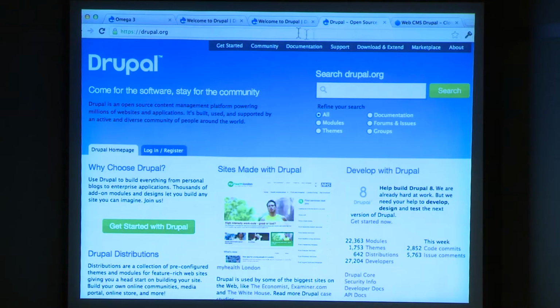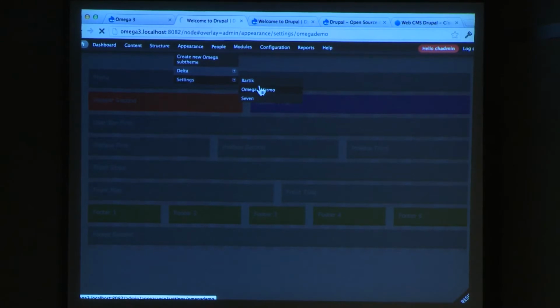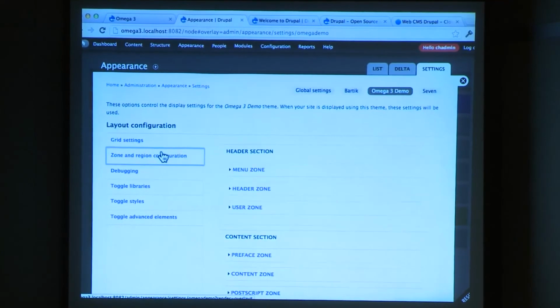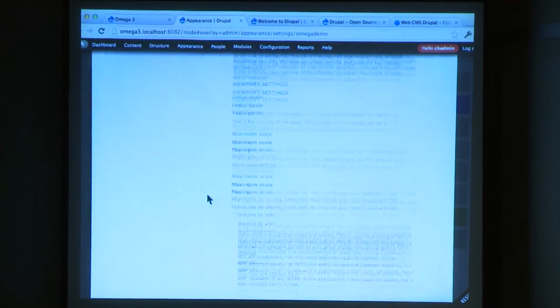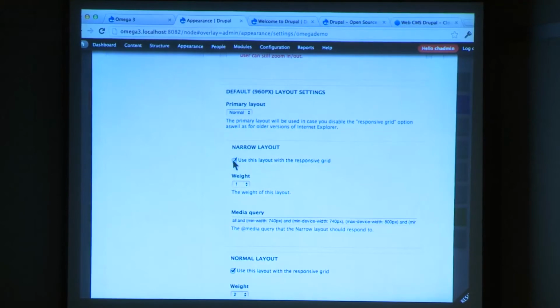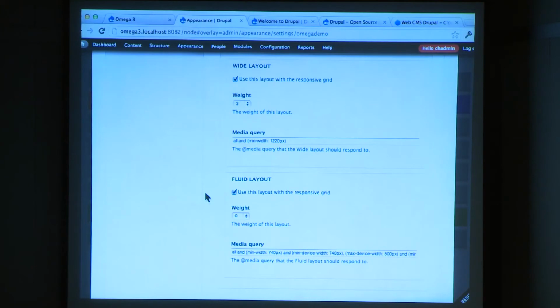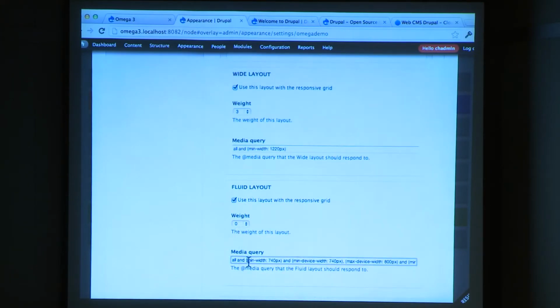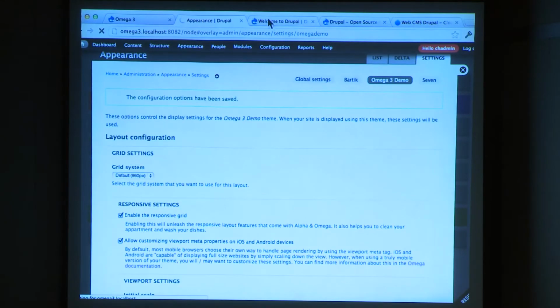Okay, so I call this the golden Omega layout, which is you get back to your appearance settings, and instead of using that fixed narrow view, Omega offers a fluid one, and it works. Let me show you. So you turn off the narrow layout. You say, I don't want to use the narrow layout. Instead, I want to use the fluid layout. And you only get one fluid layout, and it already has the media query to be that narrow view. I guess when Jake made this, he knew that this would be wanted, and it's already set there as a default. And what you get with that is